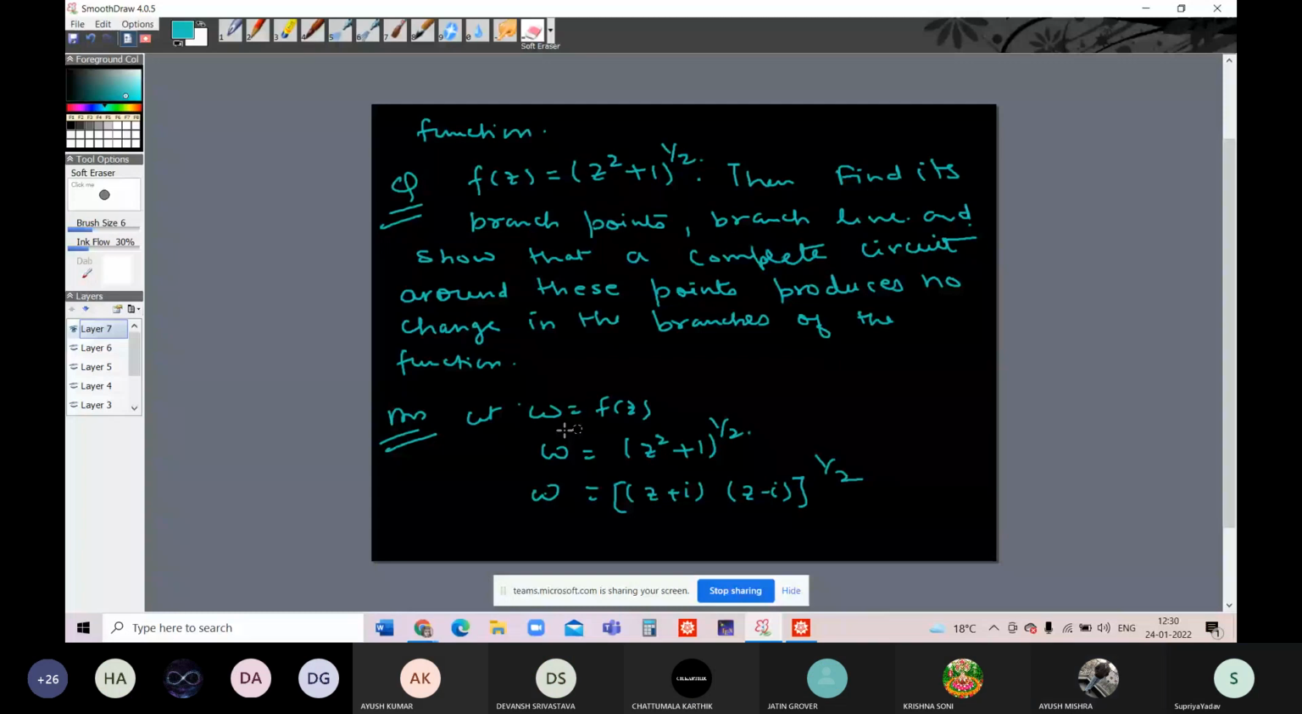Thank you, ma'am. So it is like this. W is equal to f(z). W is equal to (z square plus 1) to power 1 by 2. And W can also be written as (z plus iota)(z minus iota) to the whole power 1 by 2. So we know that we can write the change in argument of W. We can write the argument of W as,